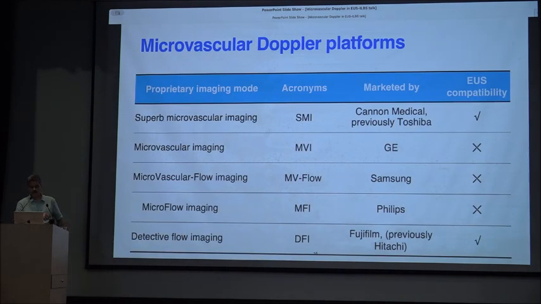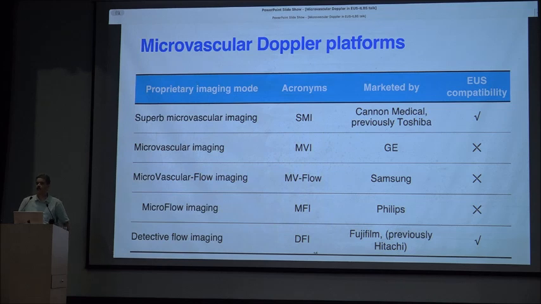The earliest was from Toshiba. Now it is called Canon, and now it has been acquired by Olympus. And they marketed it by the name of SMI or Super Microvascular Imaging. This has EUS compatibility. We also have microvascular imaging, microvascular flow imaging from GE and Samsung, microflow imaging from Philips,